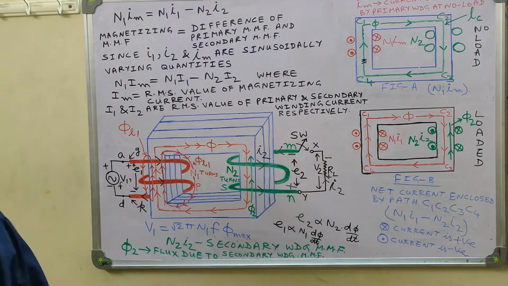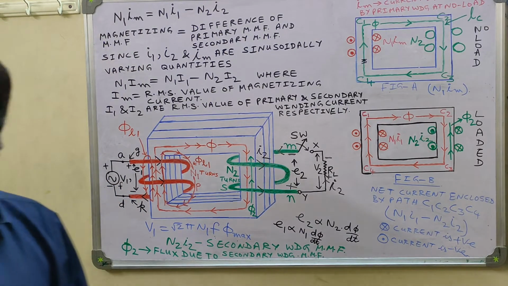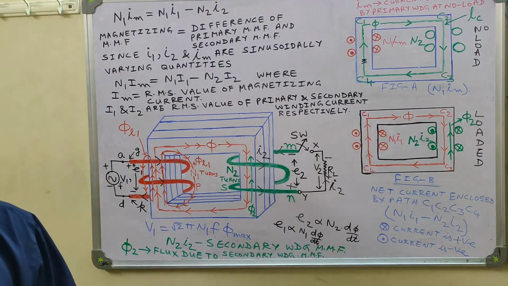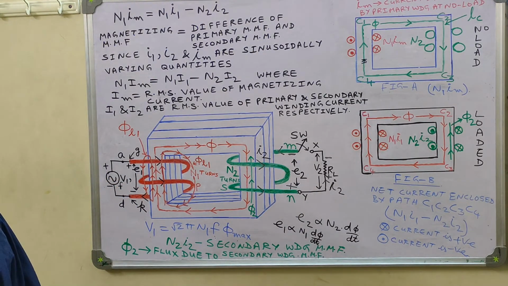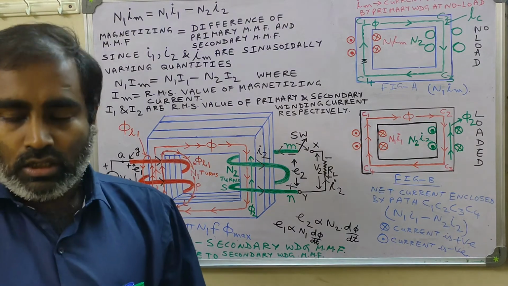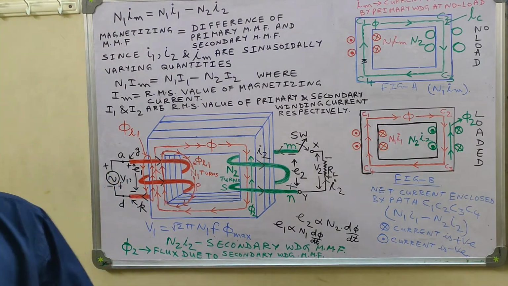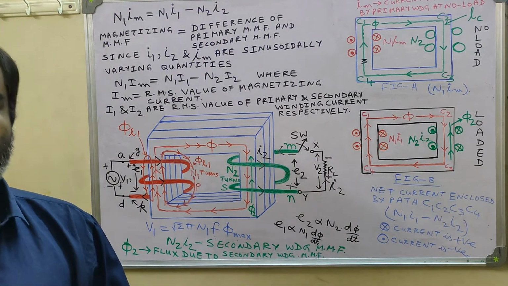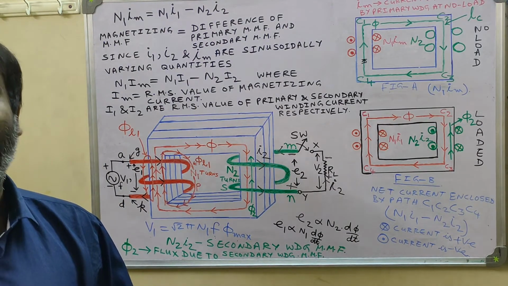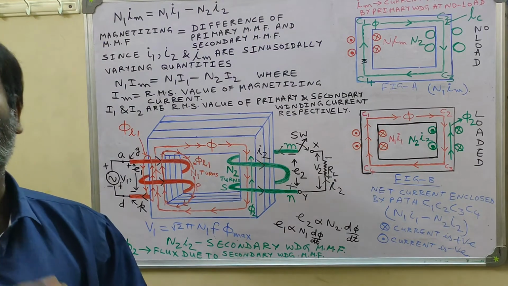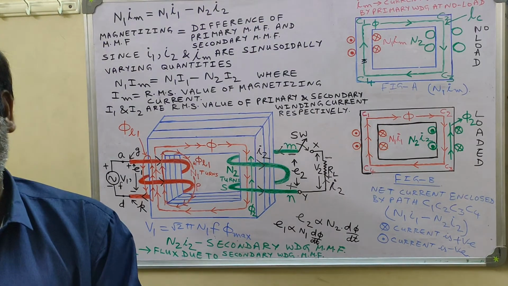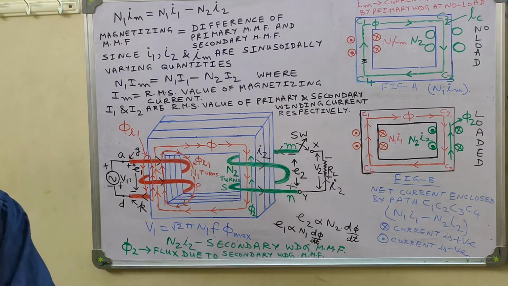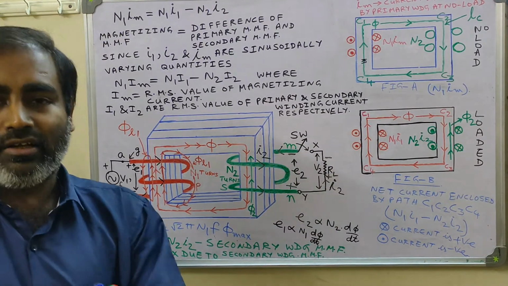So what we do, we first make assumptions which are only valid for an ideal transformer. Although ideal transformers do not exist, they only exist in our imagination, we learn the working of an ideal transformer, and then we go on removing the assumptions which we have made for an ideal transformer one by one. Then we are moving close to the real or the actual transformer, so we are able to understand the working and operating principle of a real transformer.